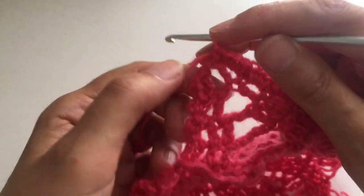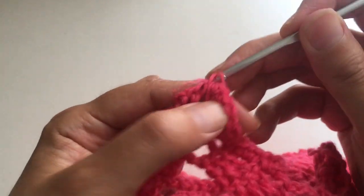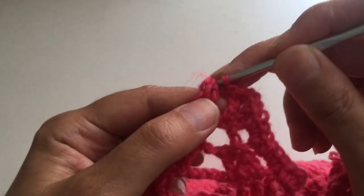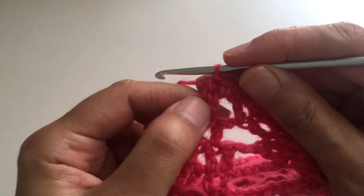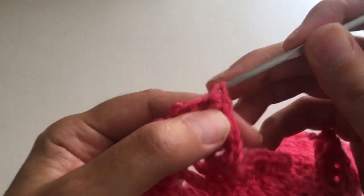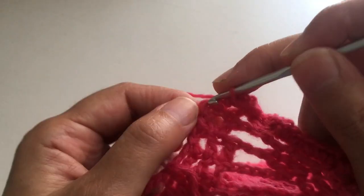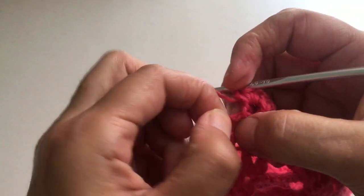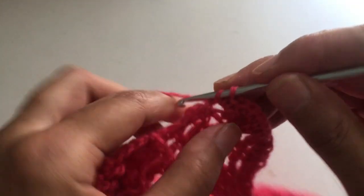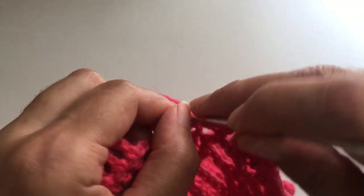Now here we are at the top here where we have the chain, and we make a treble in the middle. Another treble here in this one. We are here and we make 3 trebles, 1, 2 and 3. We go here and the next chains here where we made those 2 chains, and we make another 3, 1, 2 and 3. Here and we make another 3,